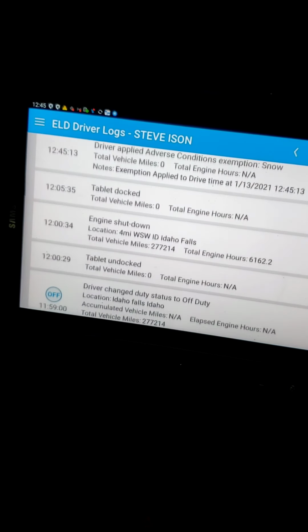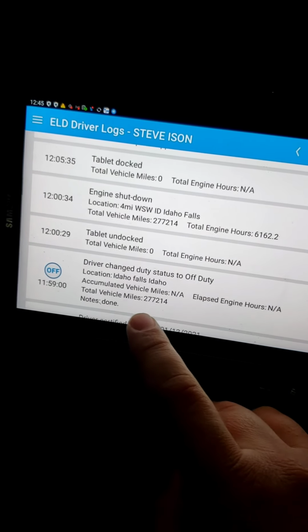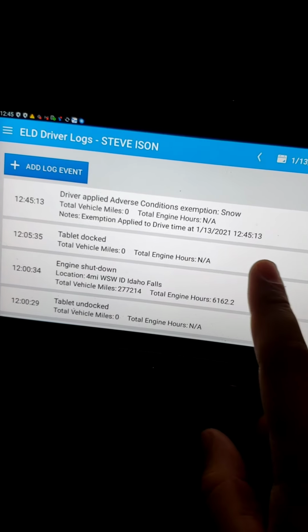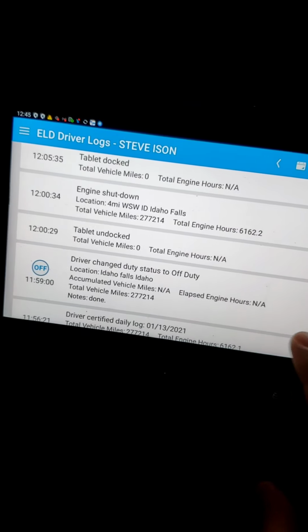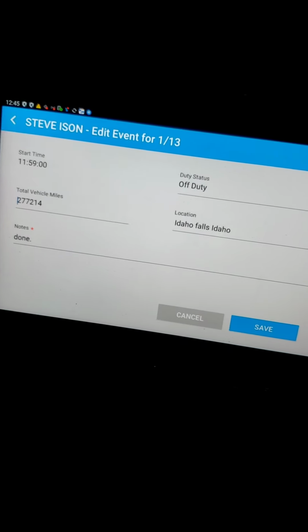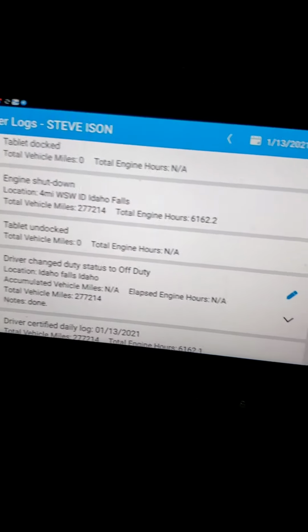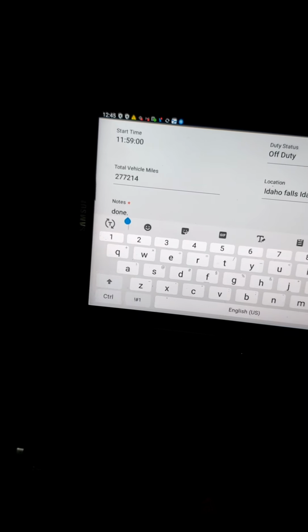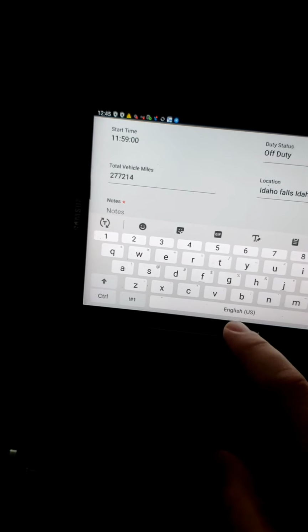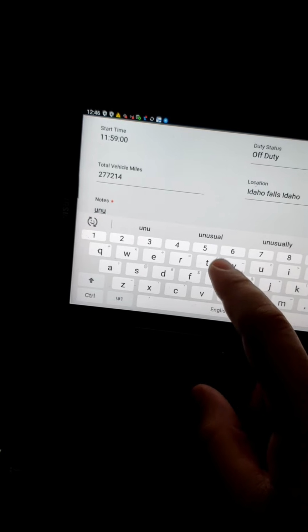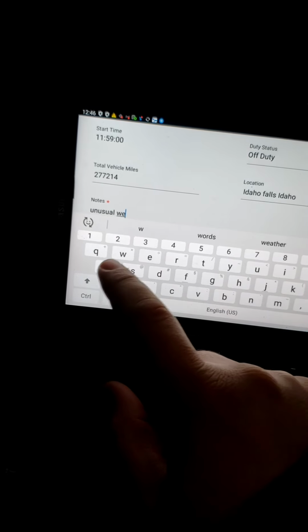But now we need to be a little more specific than just snow. So we want to go down and find where I changed the duty status to off duty. It shows that I applied the adverse driving conditions. So let's go ahead and add a note to this. We're going to select the little edit pencil to the right of our off duty, and we're just going to add a note explaining what we did. So I'm just going to put unusual weather